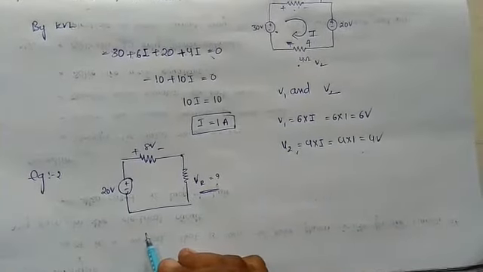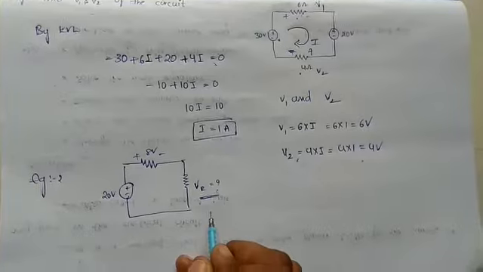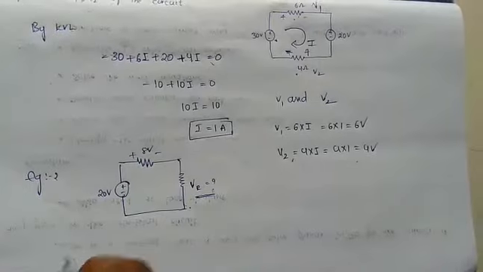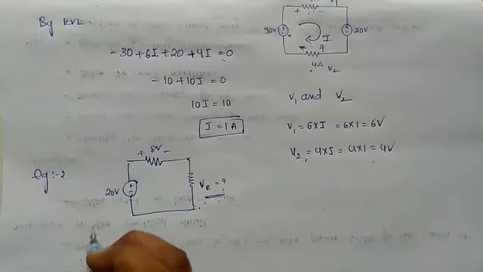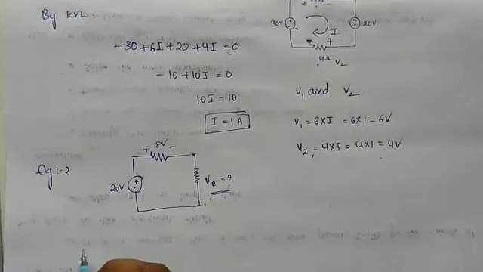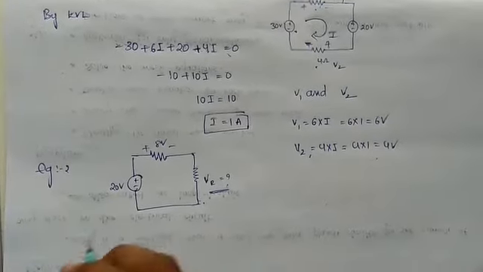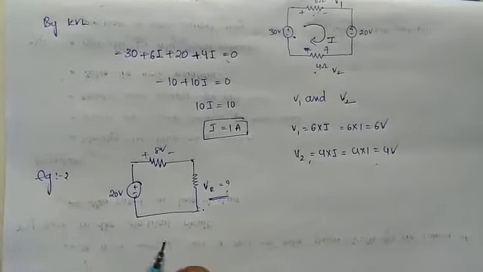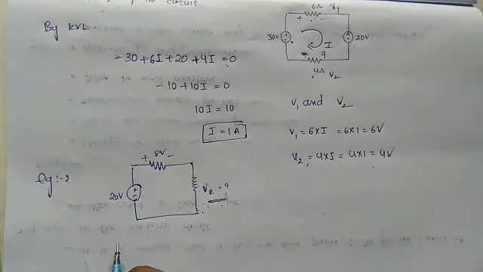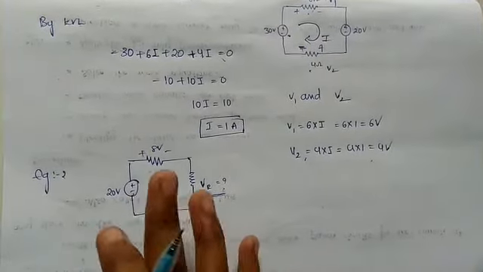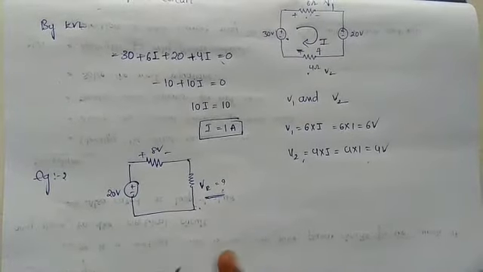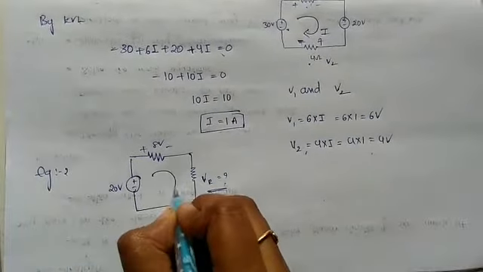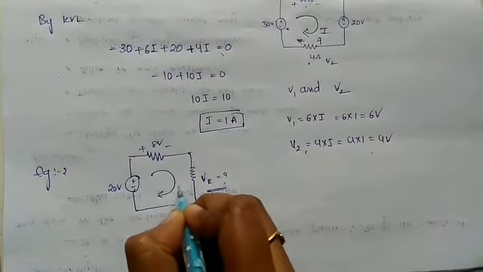And here is the example 2. Now we have to find VR, this voltage here, by applying a KVL. Writing a KVL equation is very easy for any loop or any circuit. So by this we have to find VR. The KVL equation only depends on its definition, that is the algebraic sum of voltages in a closed loop is always equal to 0. So by this, consider a clockwise direction.